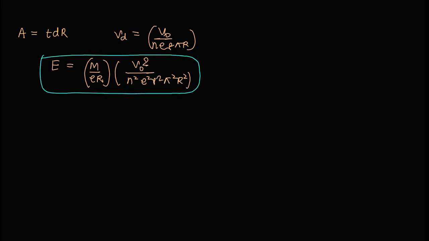But we don't have to worry about all this expression. All we need to say is E is inversely proportional to R cube, because that is what is going to matter to us. The rest of the terms are more or less constant, every other term is equal to a constant, and hence I can say that E is equal to K by R cube. And if we use this expression, then I can write that delta V is equal to the integration of E dot dr.